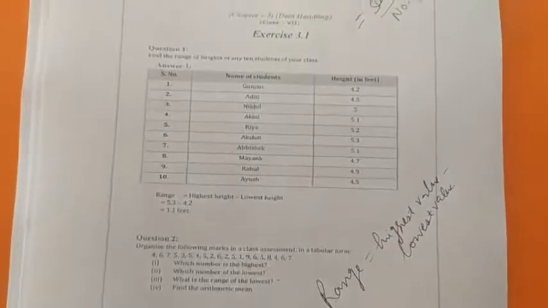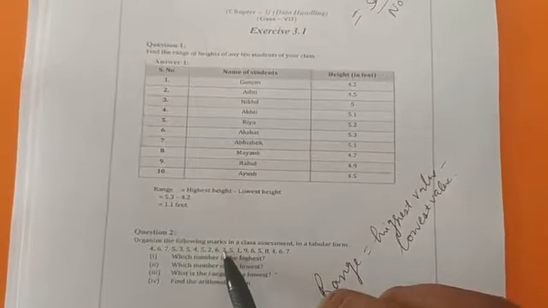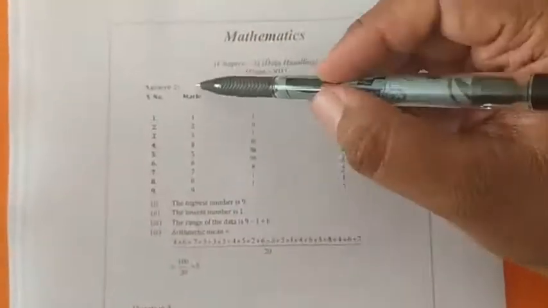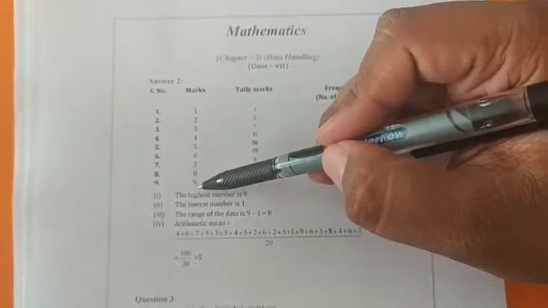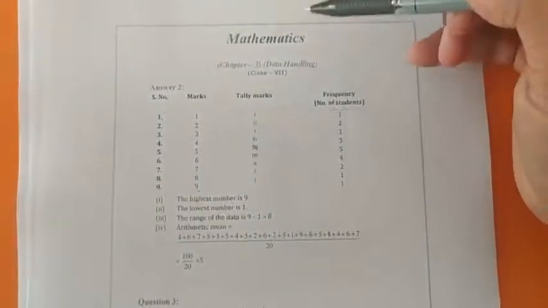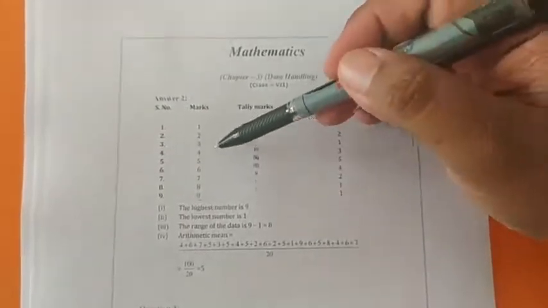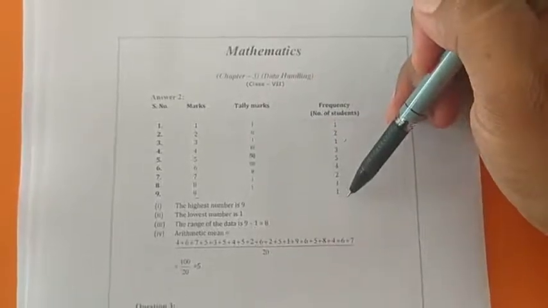First of all, you have to arrange the data in tabular form. See the minimum value, that is 1, then 2, then 3, then 4, and so on. You will arrange the values. So we have arranged the values with a serial number, and the marks are 1, 2, 3, 4, 5, 6, 7, 8, 9. The maximum marks is 9. According to that, we have the frequency, or how many times it has recurred. So 1 is written 1 time, 2 is written 2 times, 3 is written 1 time, and so on. We will write the frequency, how many times each mark is given.